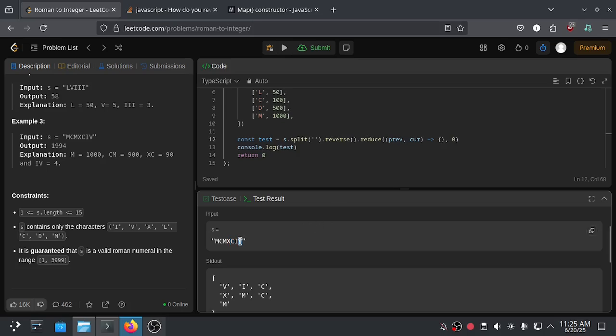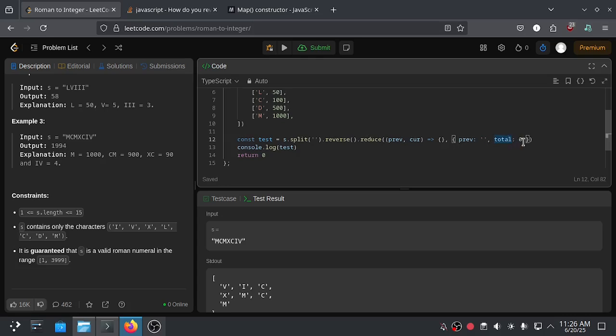But then we need to somehow record the previous string right here, which is V, and then the I, to make the if else clause work. We need to compare the I with the V because I is lower than V. So we can destructure an object right here with the initial value of the previous property, for now an empty string, and then the total, using 0 as the initial value here.